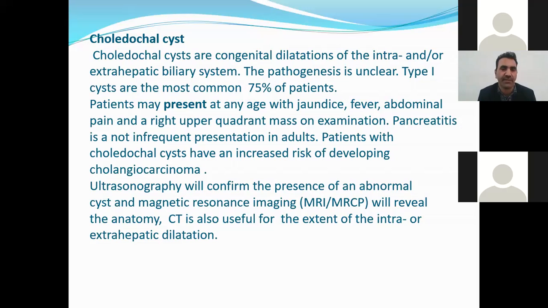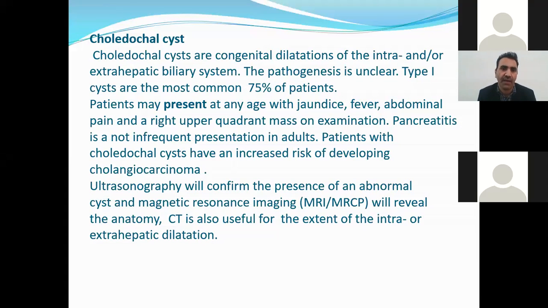This is important. The importance of the choledochal cyst comes from its association with cholangiocarcinoma, with malignancy. So it is important. Choledochal cysts are congenital dilatations of the intra and or extrahepatic biliary system. The pathogenesis is unclear. There are 5 types. The commonest type is type 1, in which there is circular dilatation of the